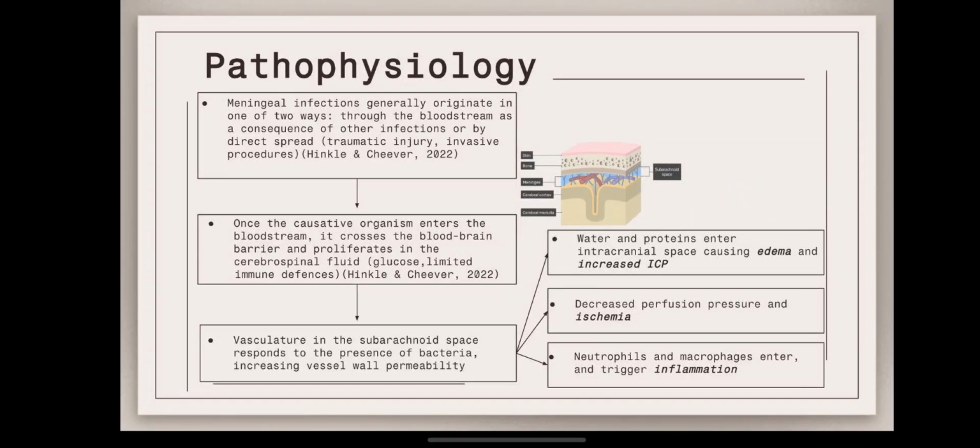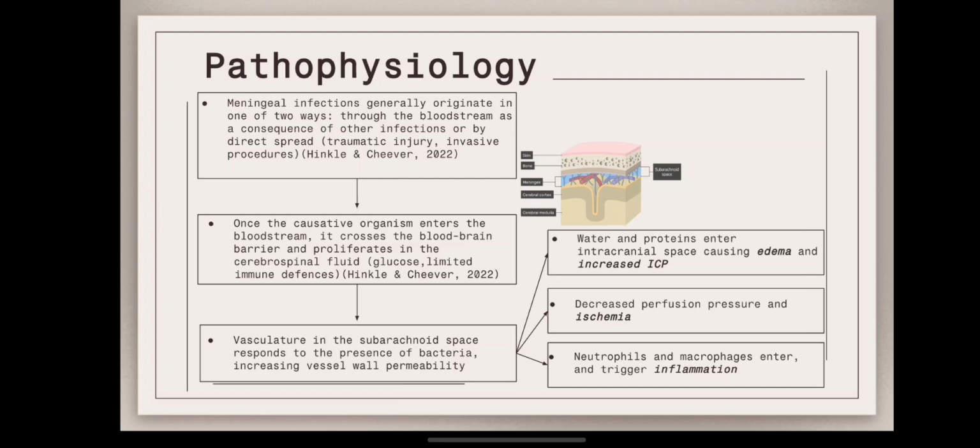Alright, so this is the pathophysiology of meningitis. I'm going to focus more here on bacterial meningitis, but you can extrapolate this out onto the various other types of meningitis. So meningeal infections generally originate in one of two ways, either through the bloodstream as a consequence of other infections